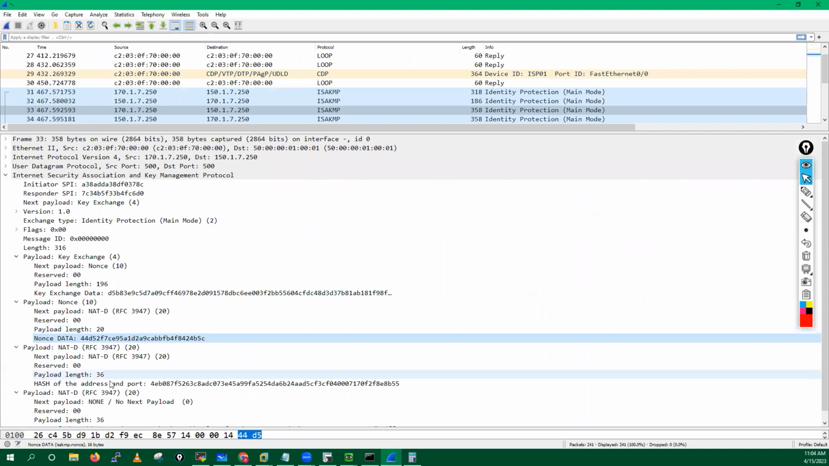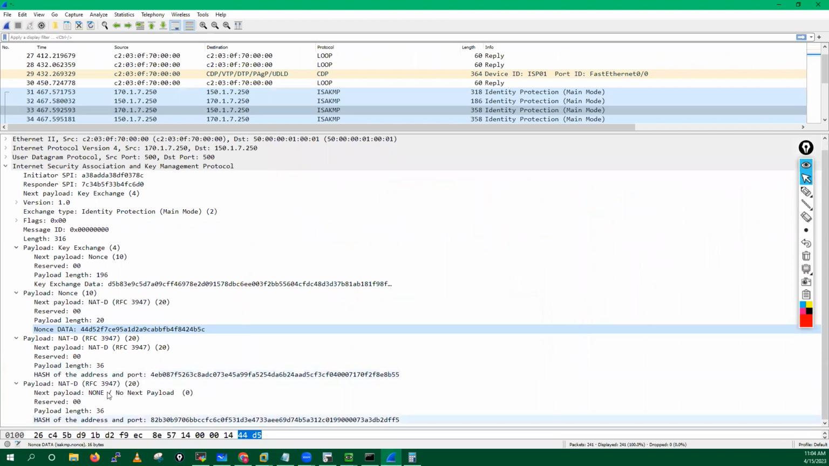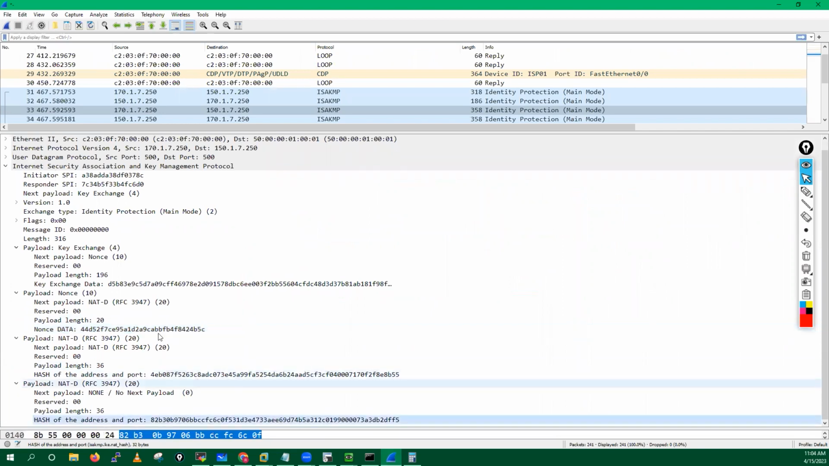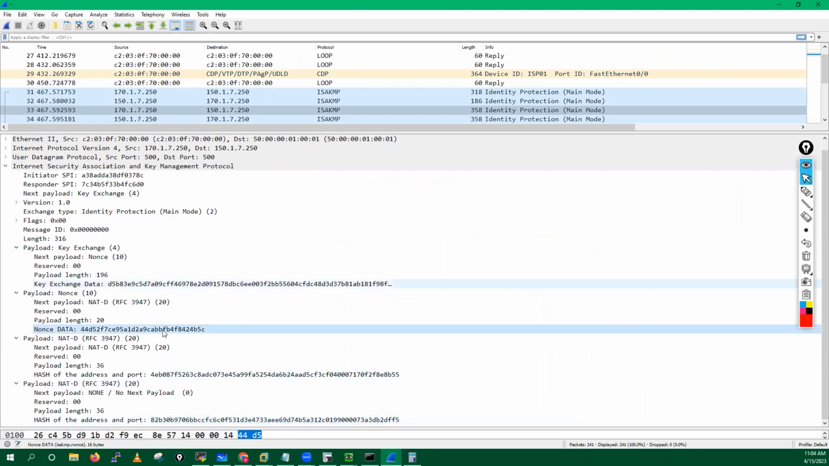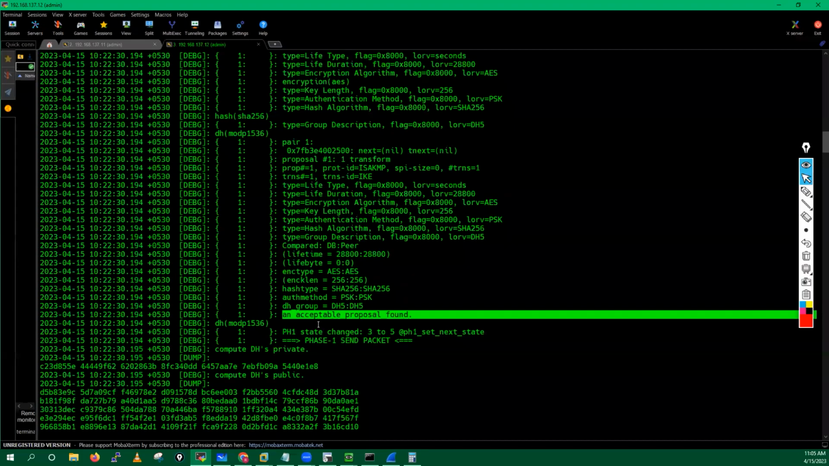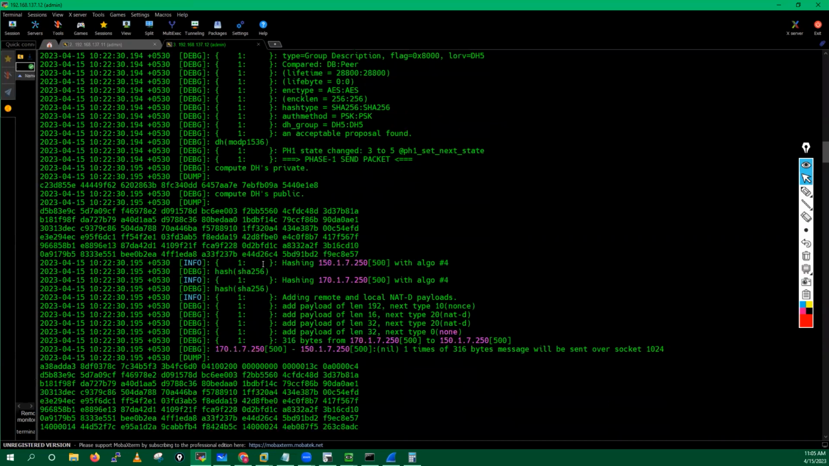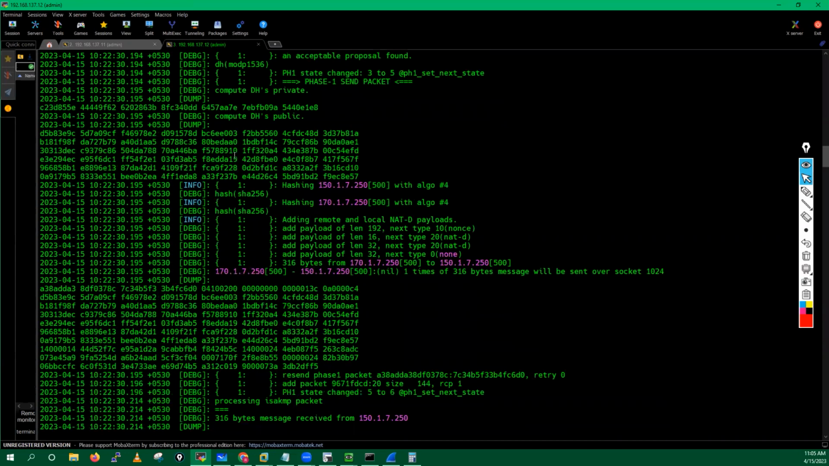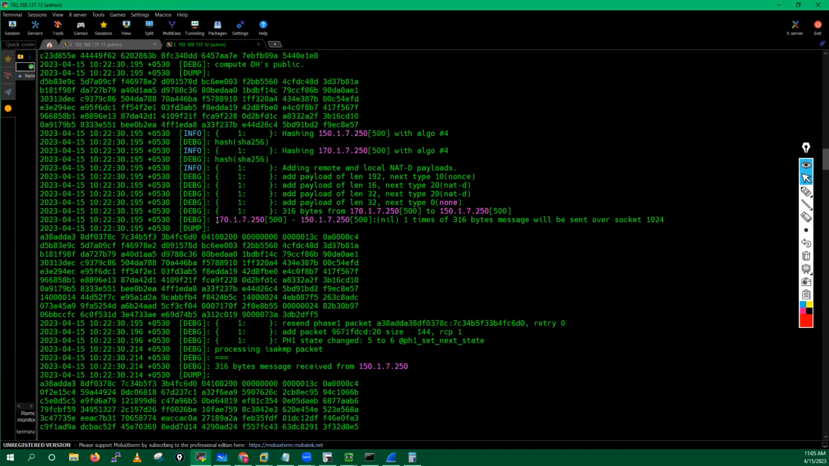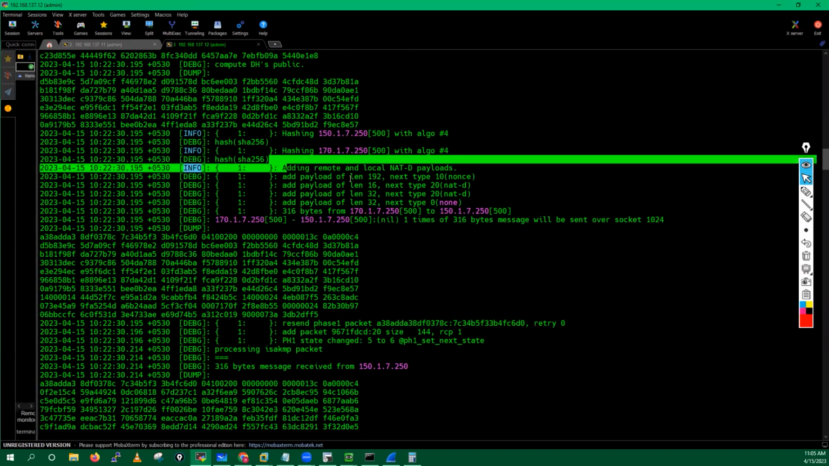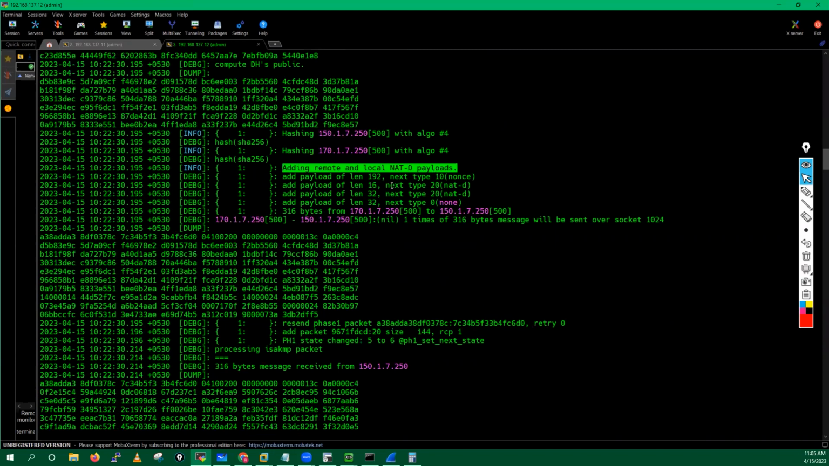So now you can see they have this particular payload, right? NAT-D, this is the payload. This is the nonce detail. Now let's try to see this particular packet here. Now you can see he has sent one more packet. He has added the remote and local NAT-D payload,